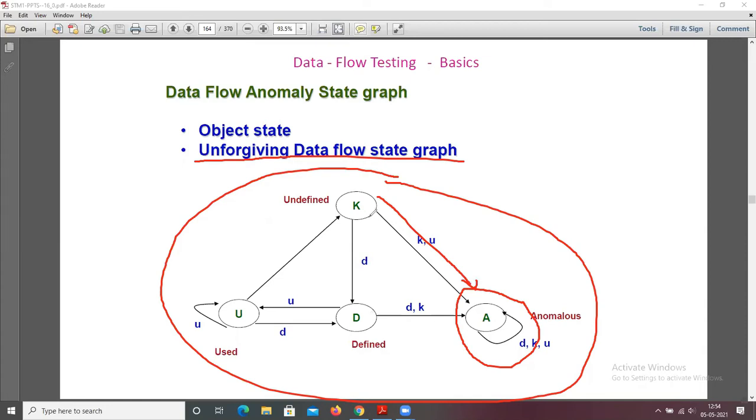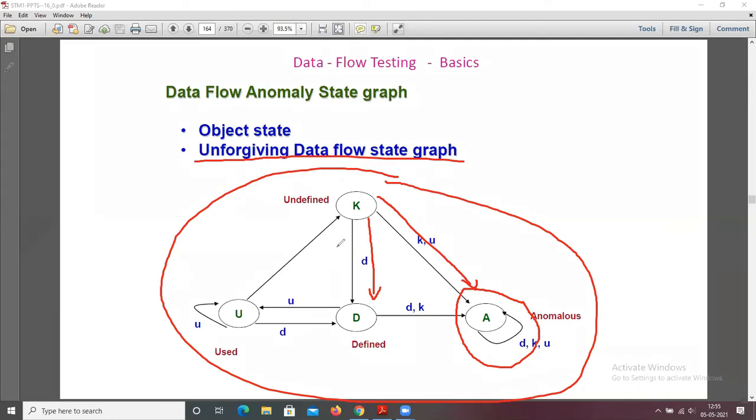For example, K means undefined. If it is defined, it goes to the D state. If it is undefined but you try to kill or use the variable, it goes to the anomalous state. If it has been defined, D, and killed without being used, it becomes anomalous, that is D followed by A. D is creating and K is killing.